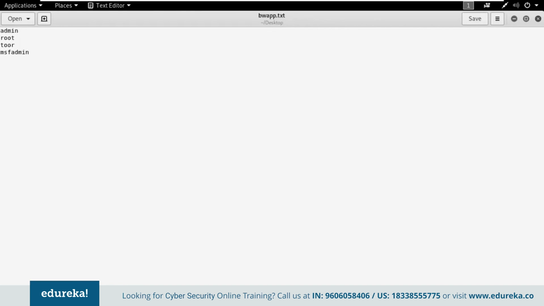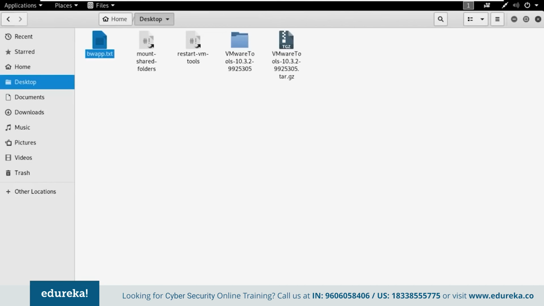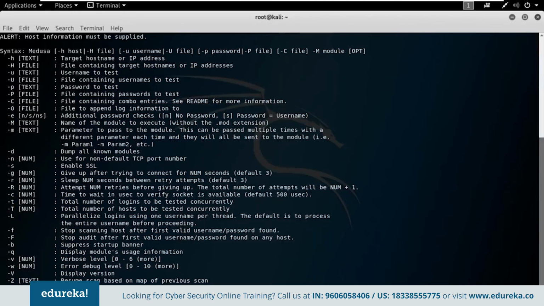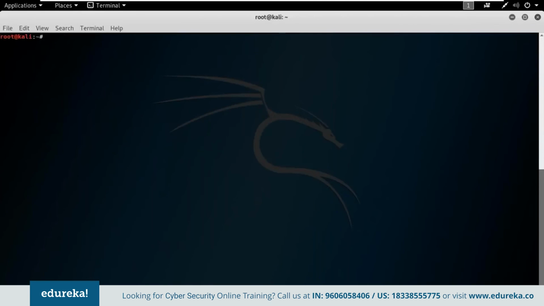So yeah, there's one more command called crunch in Kali Linux. You can use that. It creates a word list for you. So go ahead and explore it. Let me close the file. And let's go back to the terminal here. Let me clear the screen. I hope you guys remember the commands. If not, it's okay. You can always use the help command.